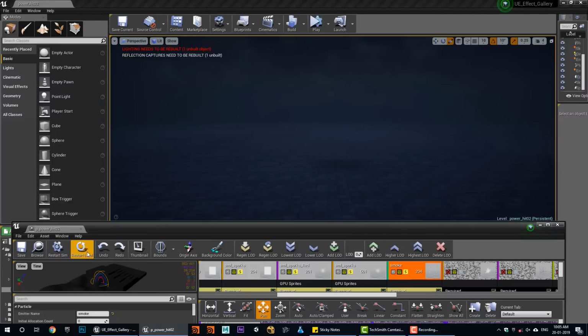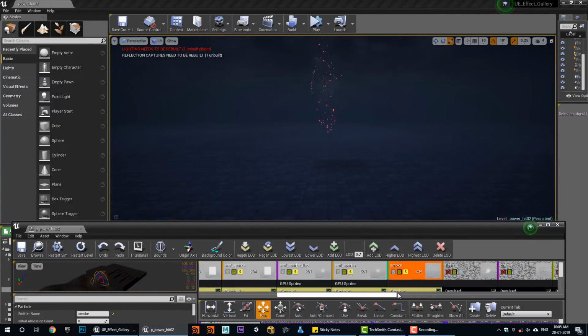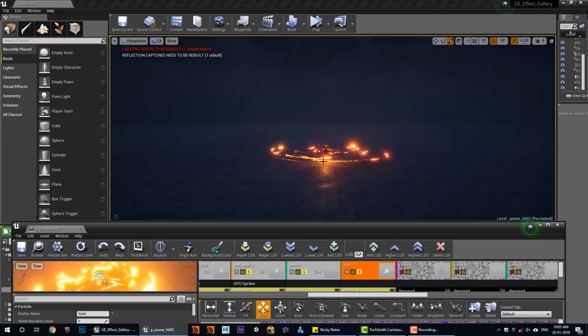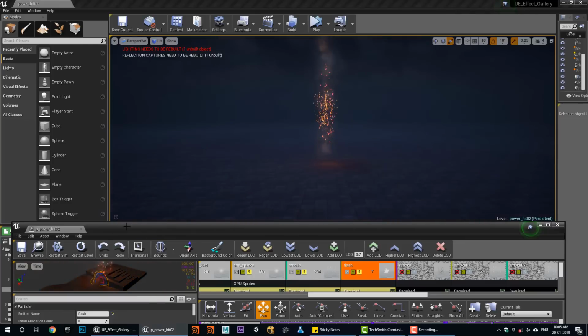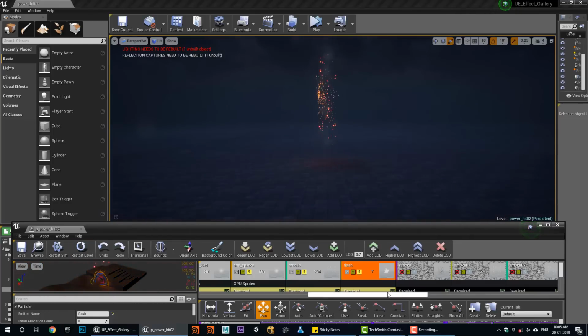Here you can see very light smoke just to give a feel, and there is a flash when it goes up. Okay, then